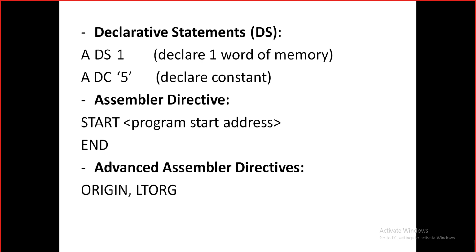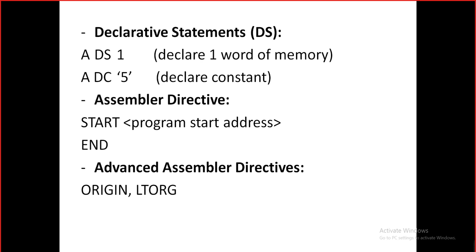The moment I encounter an LTORG instruction in my assembly language code, then whatever is the current content of location counter, that address I will store in my literal table for the given literals which were having no addresses. Understood? So, for example, I had two literals in my literal table, equal to 10 and equal to 5,